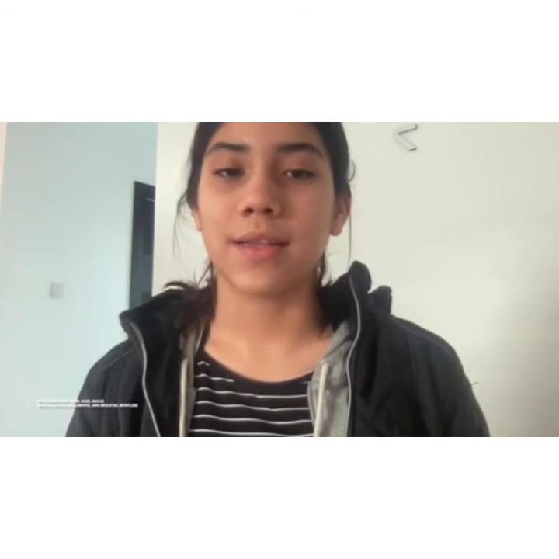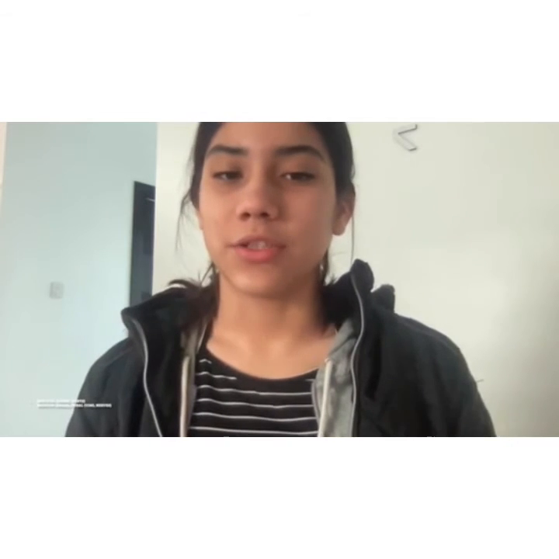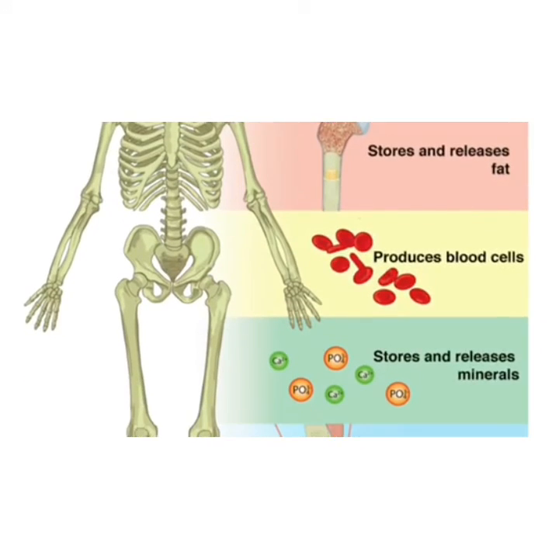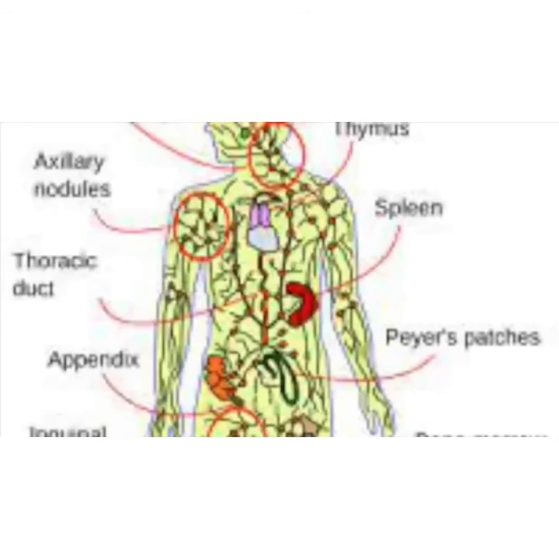muscular, that is cardiac, smooth, and skeletal muscles; skeletal, that is bones and joints; nervous, that is brain, spinal cord, and nerves; circulatory, that is heart, blood, and blood vessels; lymphatic, that is red bone marrow, thymus, lymphatic vessels, thoracic duct, spleen, and lymph nodes; respiratory, that is the nasal cavity, pharynx, larynx, trachea, bronchus, and lungs;